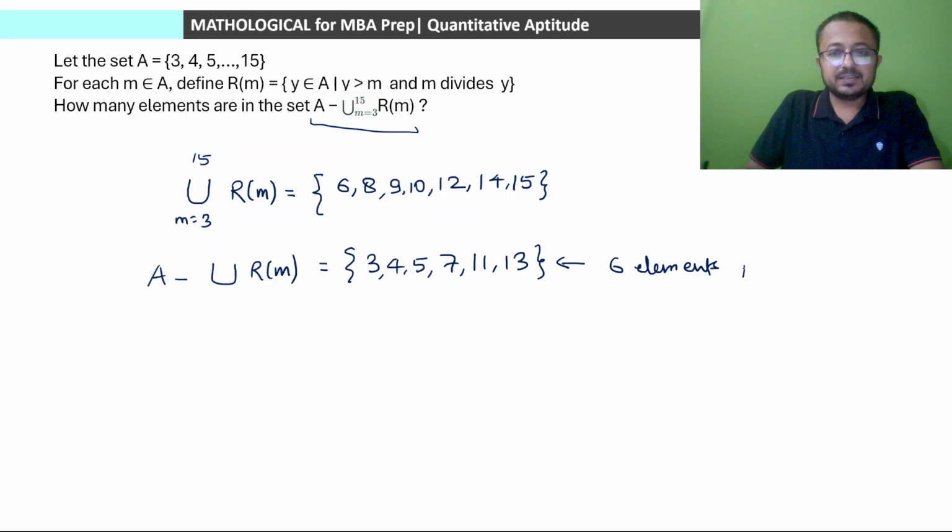6 elements are there. This will be the answer. I appreciate it, are you able to follow? Is that much clear? Okay. ठीक है. अब देखो लॉजिक क्या है इस क्वेश्चन में. लॉजिक क्या था? Since